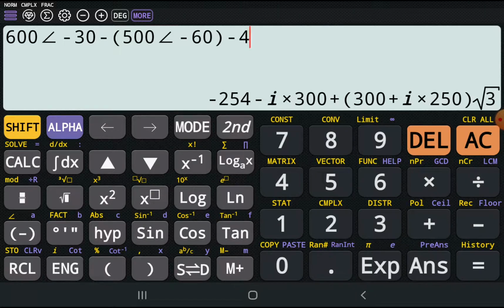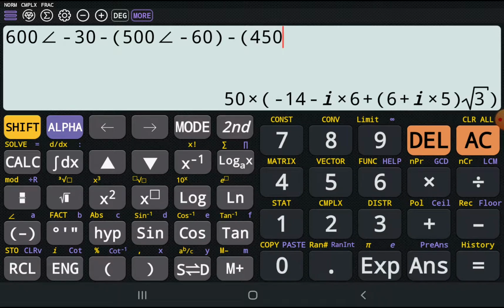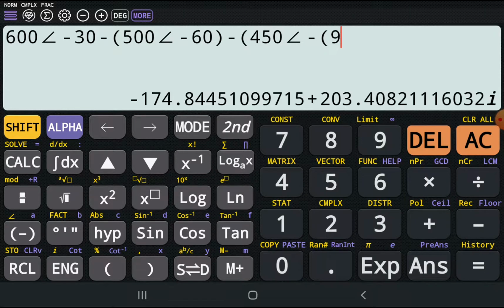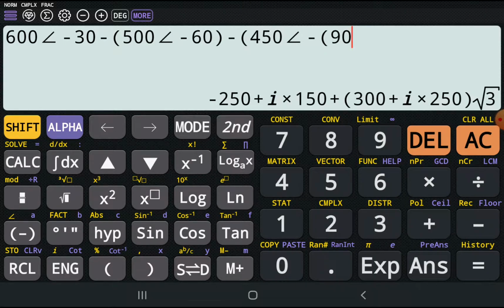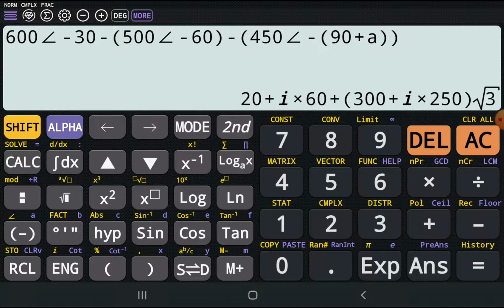So, lagyan natin siya ng parenthesis. 450. Shift angle of 90. Close and open parenthesis. Let's say negative. Close and open parenthesis, which is yung 90 degrees mo plus the value is stored at our alpha A. Okay? Yan. So, it is equal to